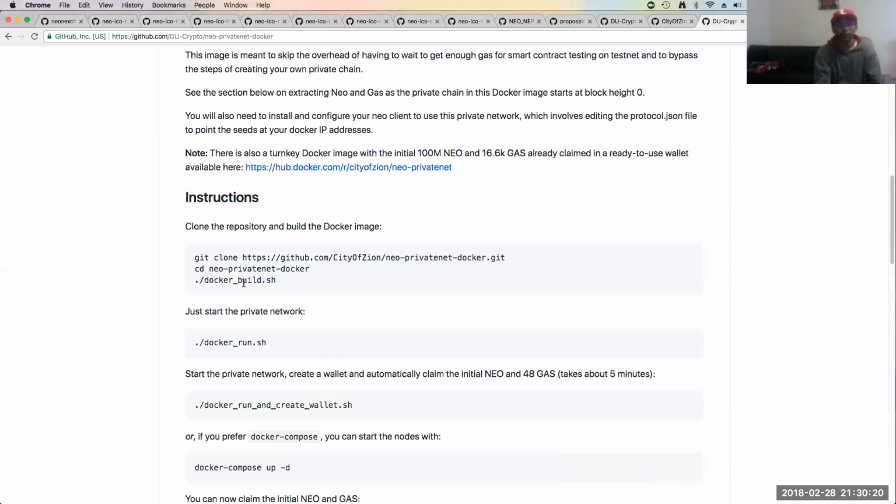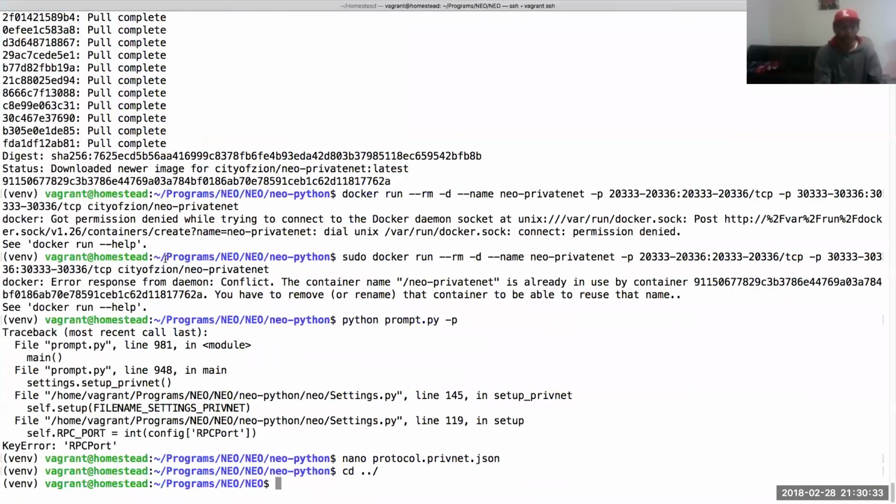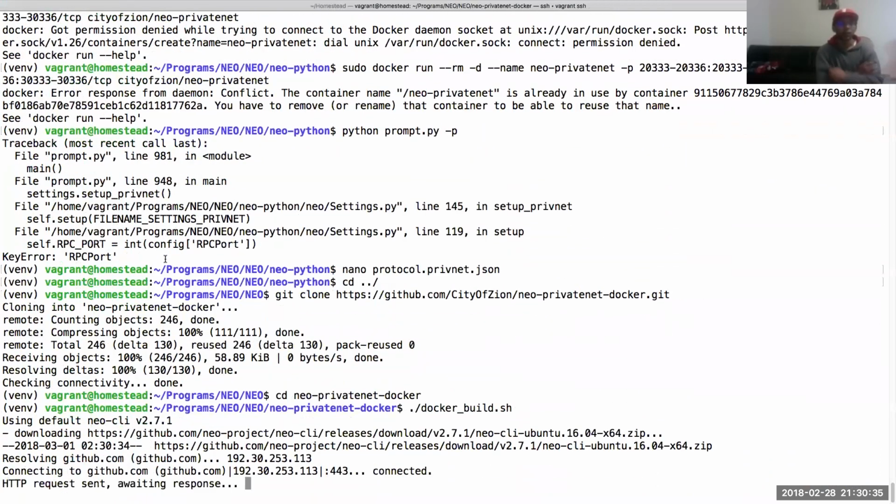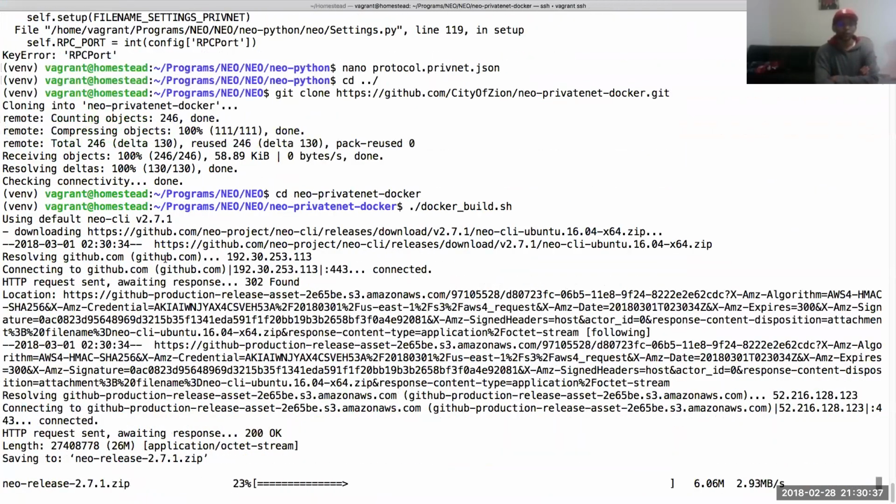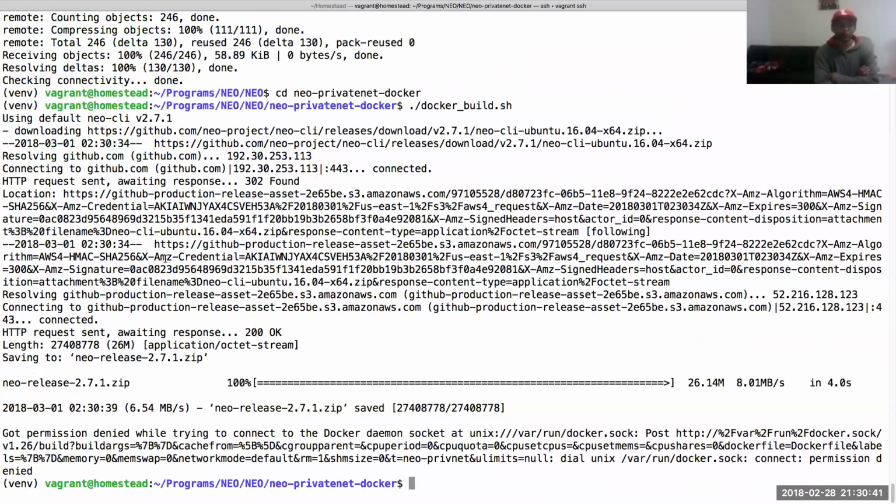Let me try something one more time. I really want to show this to you. But if this don't work right afterwards, then I'm not even gonna worry about it because I know the code works. Got permission denied. Oh, sudo.